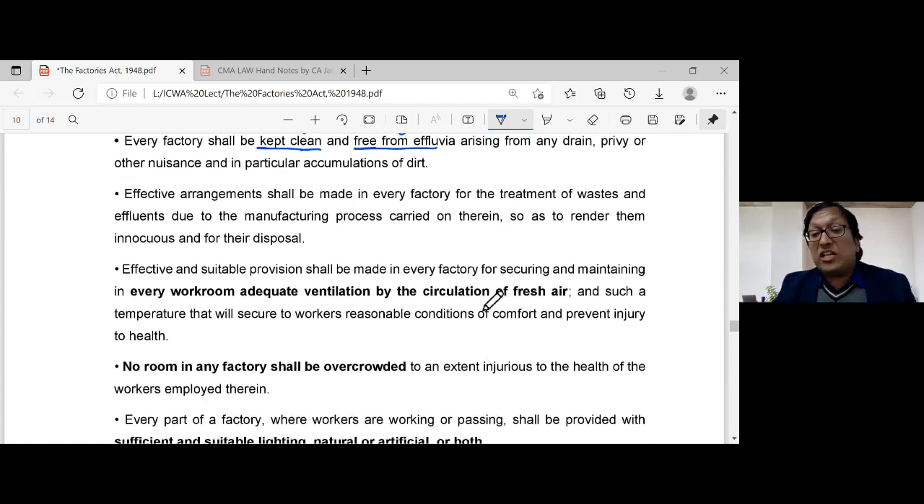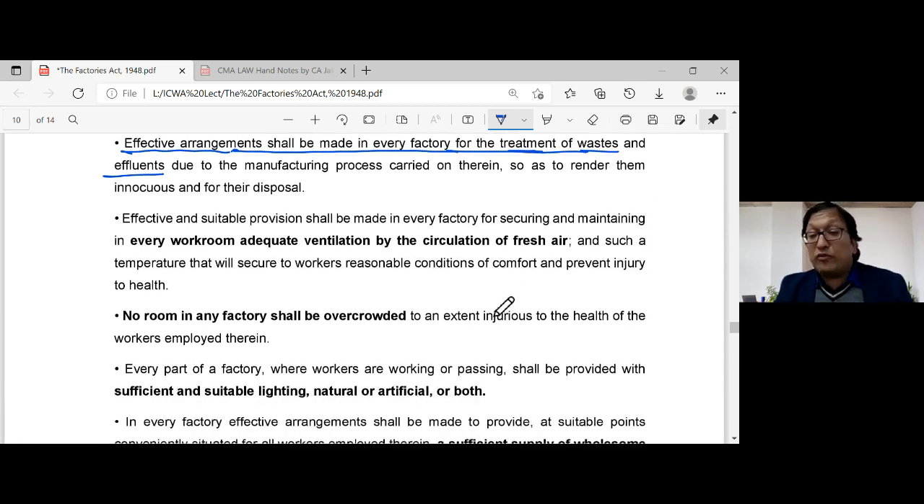Effective arrangements shall be made in every factory for the treatment of waste. There may be some sort of waste or effluents produced by the factory during the manufacturing process, so there must be effective arrangement for that. Effective and suitable provision shall be made in every factory for securing and maintaining in every workroom